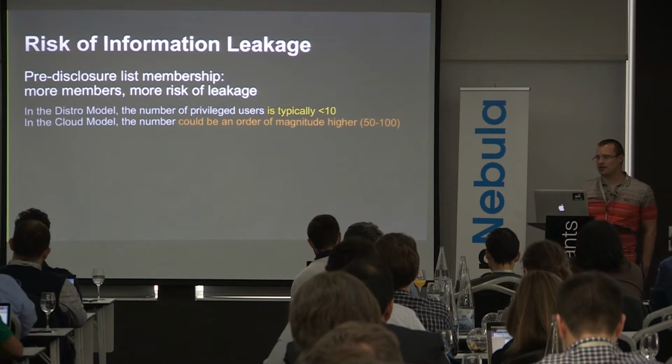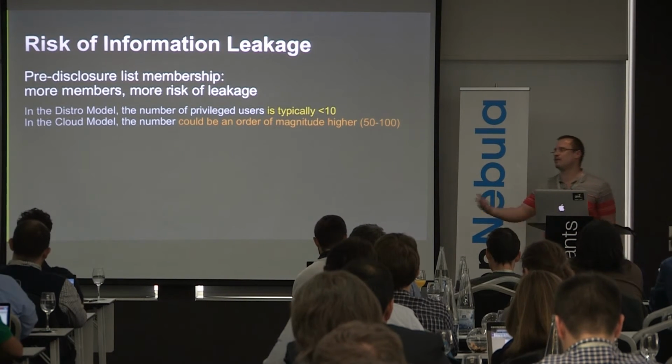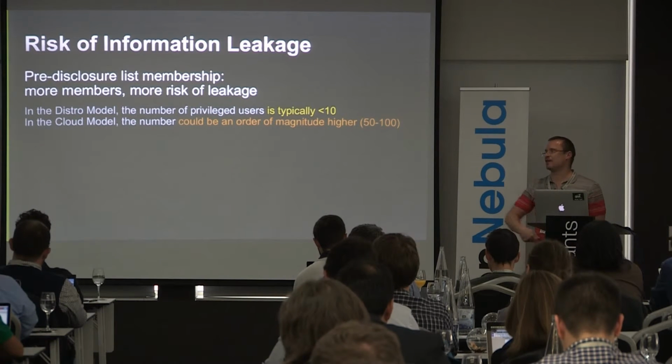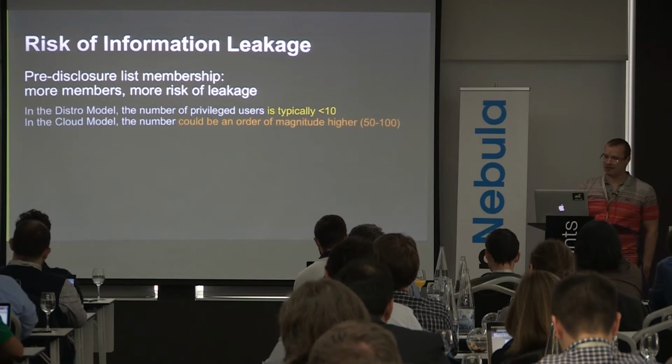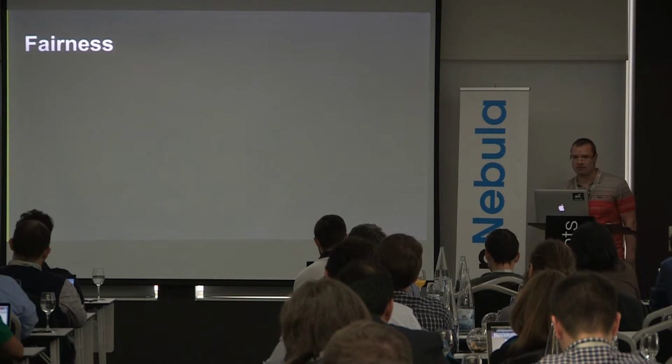if somebody leaked an issue, we would immediately release the information, and then the person or organization who does it gets pushed off the list. So there's a sanction there. And in 2 years of running things that way, we never actually had an issue. There's a question of fairness, right?